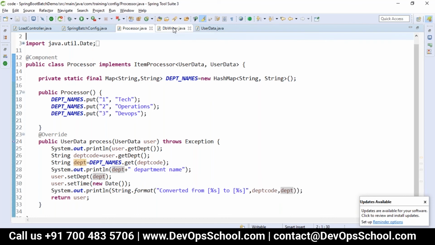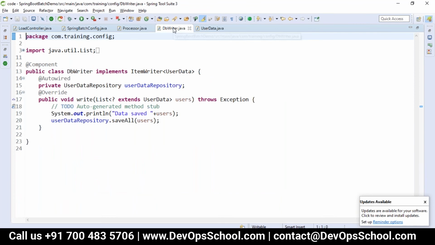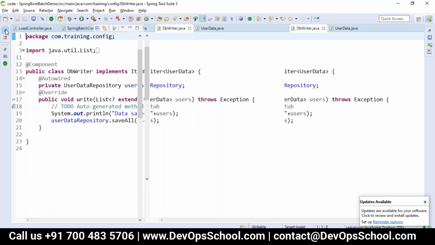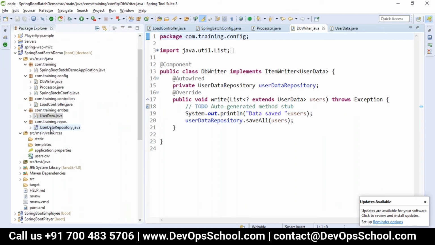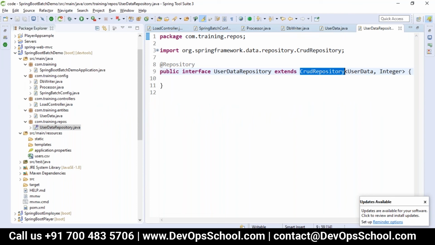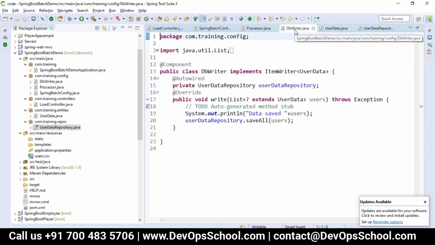Okay. So now I want to write it to my database. How will I be writing to my database? I have a database repository which is called user data repository. In the CRUD repository, we have a method to write all the objects at once, which is the saveAll method.